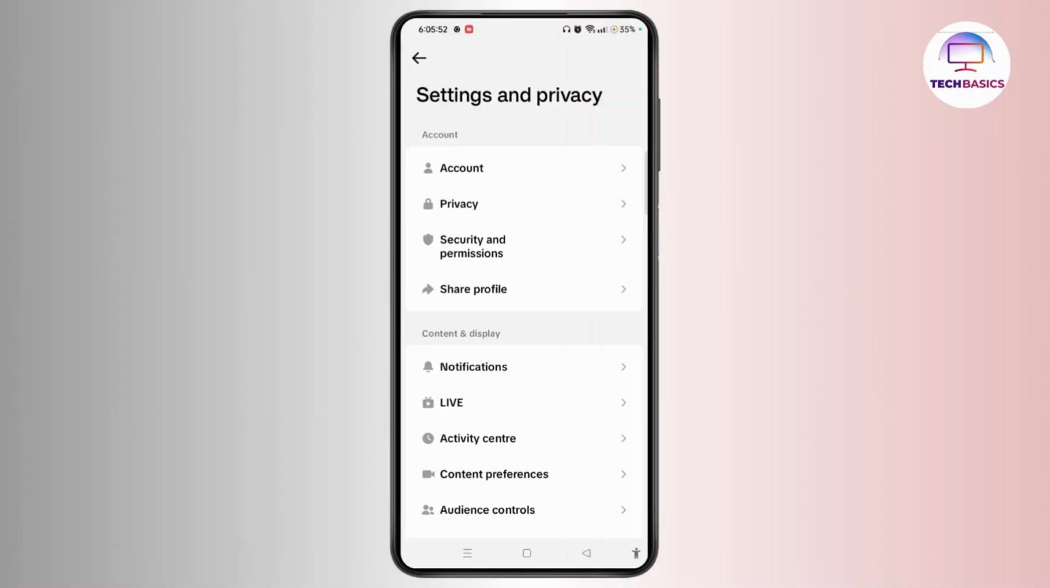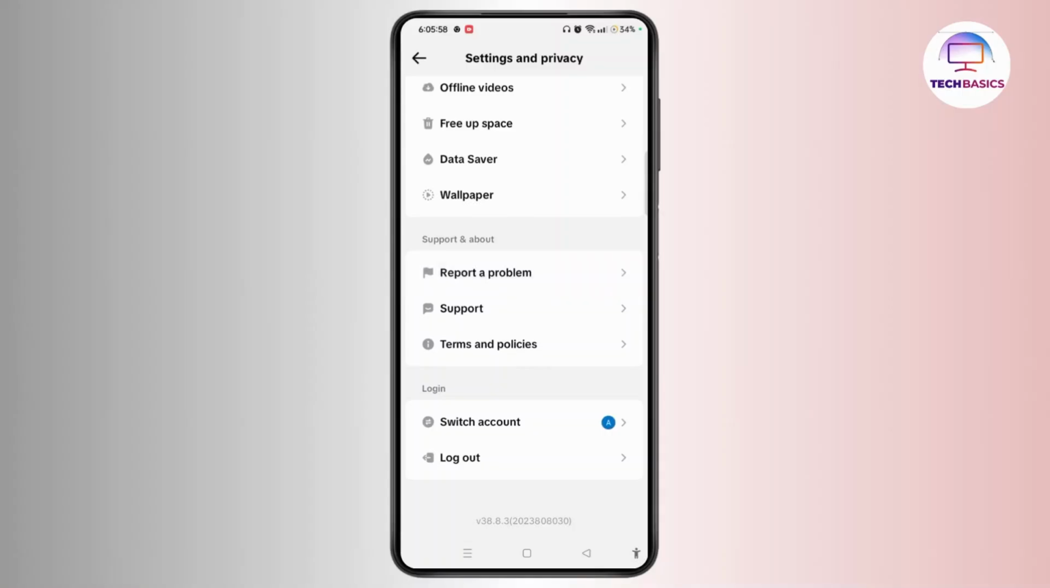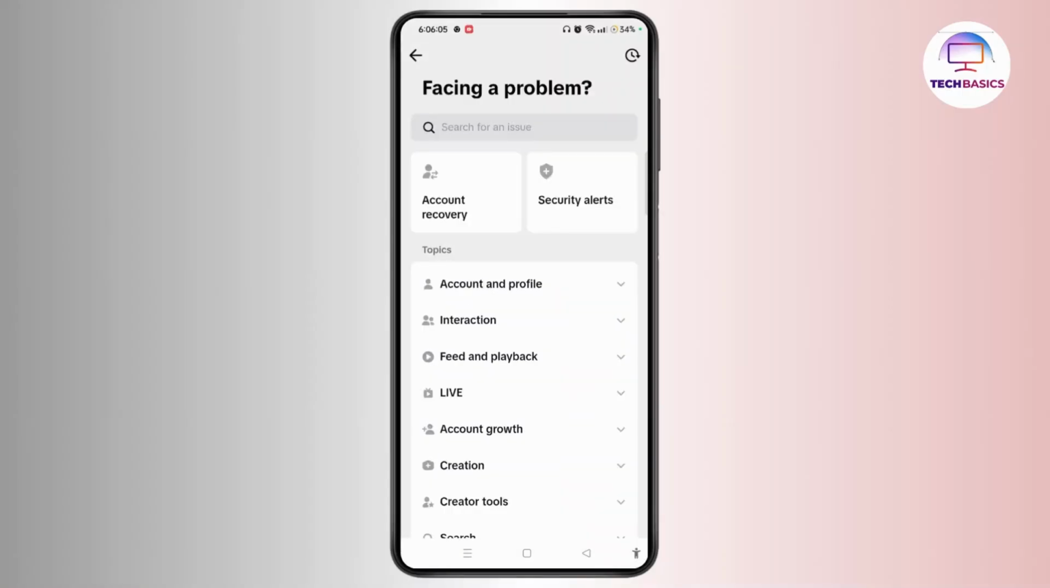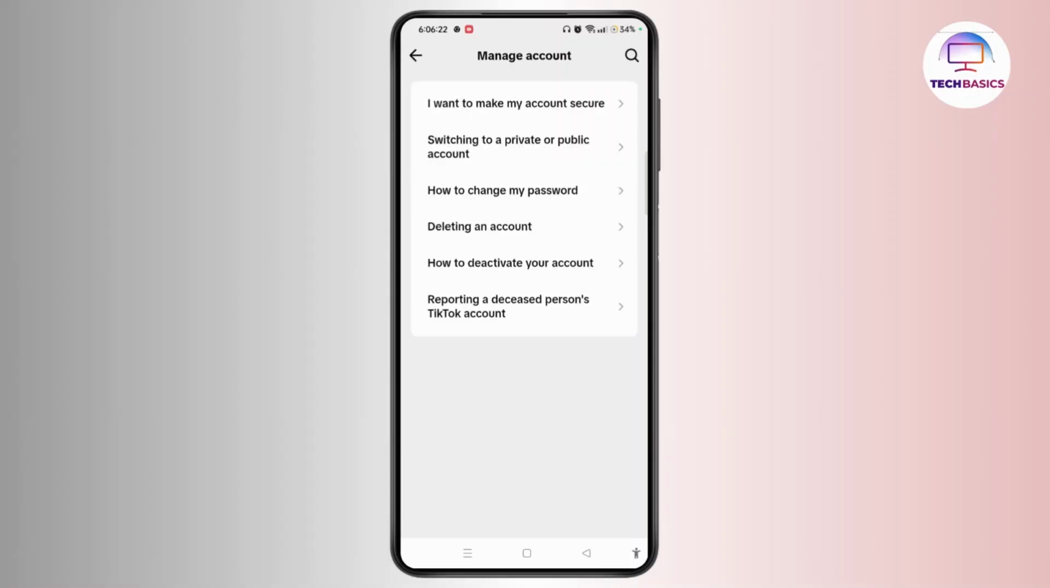So the alternative way you can follow is simply to report a problem. You can scroll down to the bottom until you see the Report a problem option. Then you simply need to choose Account and profile. Then choose Manage account. Here you do not see any option to change your birthday, so you can come back